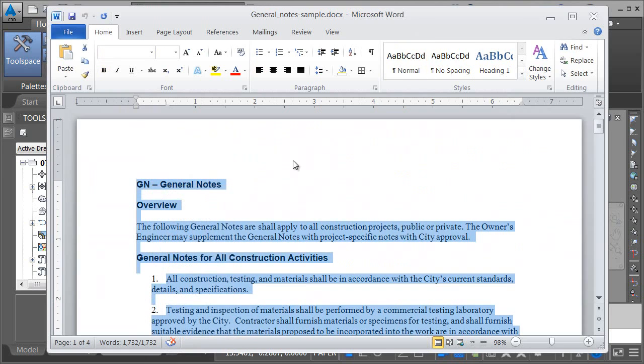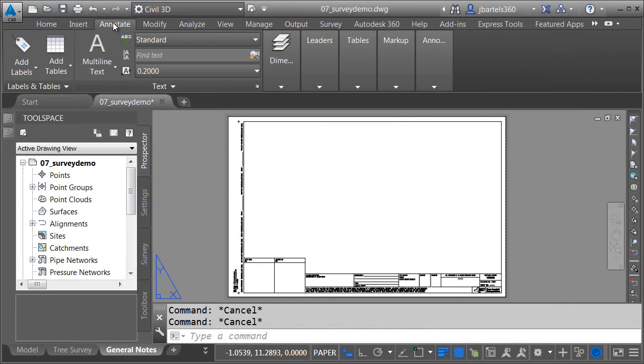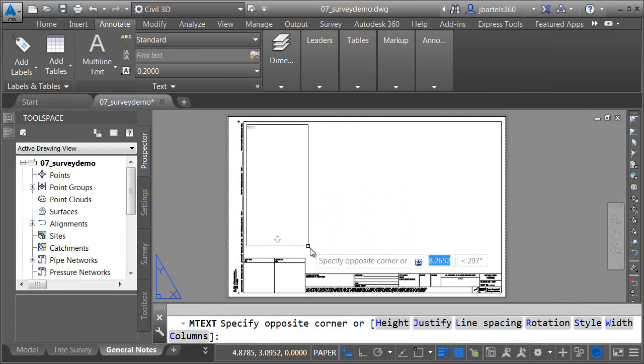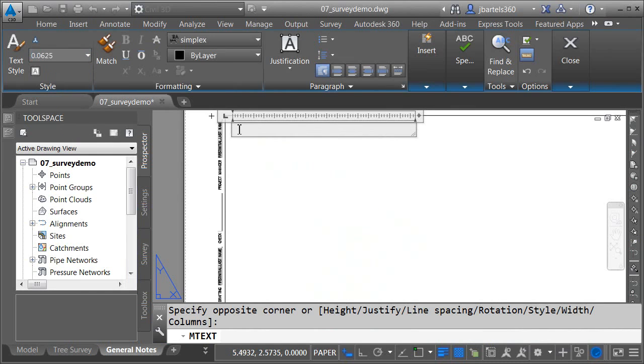I'm going to select all this text. I'm going to copy it to the clipboard, and then I'll go back to Civil 3D. We'll jump to the Annotate tab, and then I'm going to launch the multi-line text tool. I will then define the column width I'd like to use. I'll set the text height I'd like to use, and then I'll zoom in on the editor and I'll paste